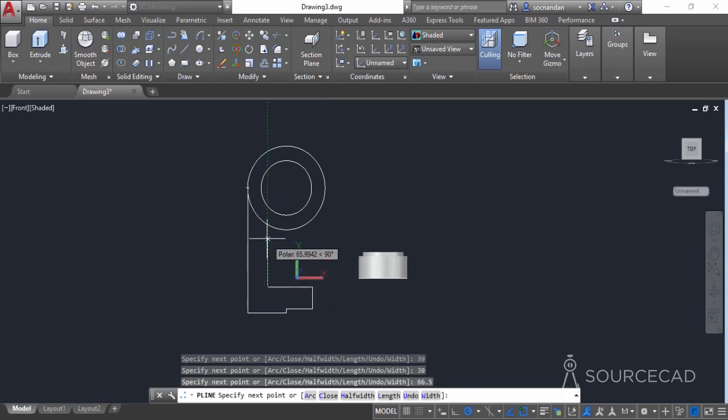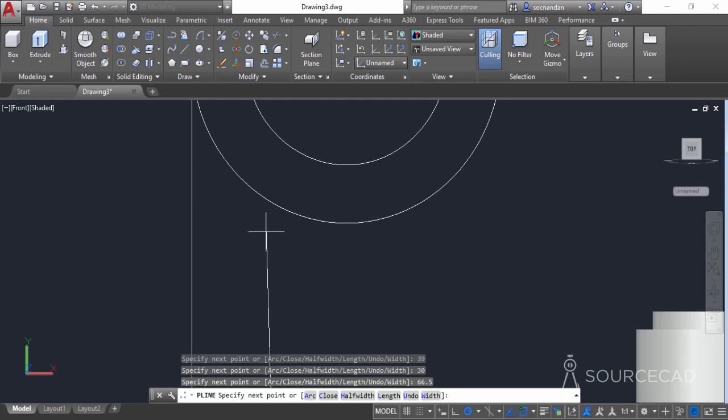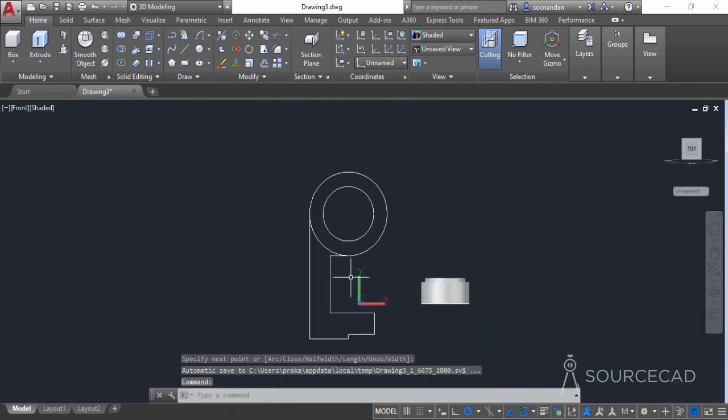Now move it upwards, but don't click at any point, and zoom into this area, then move to this quadrant and track it towards the left side and click at a point and then join it with this quadrant point and then press enter. So here we have this 2D geometry, and now we need to add small fillets to these